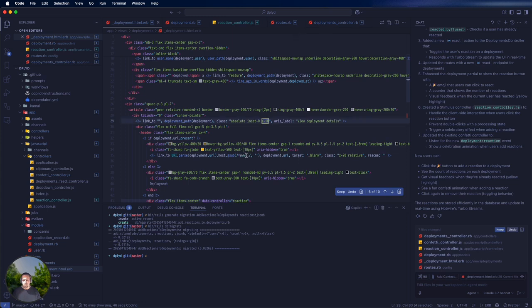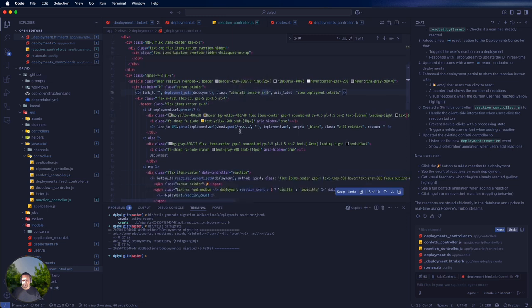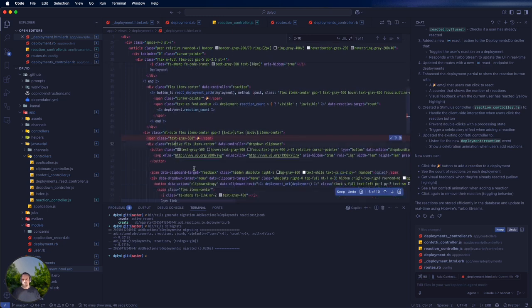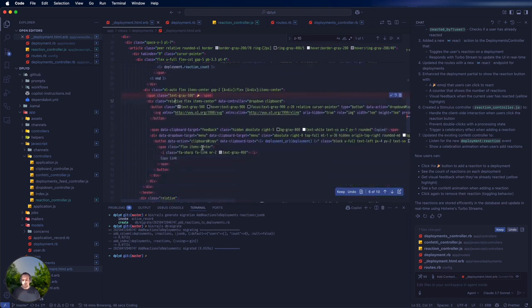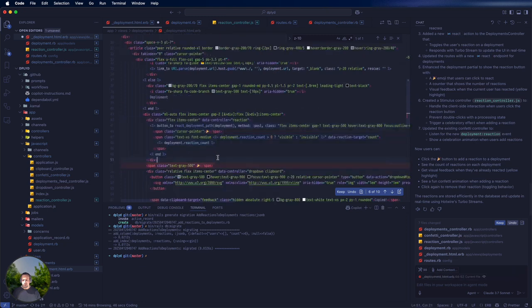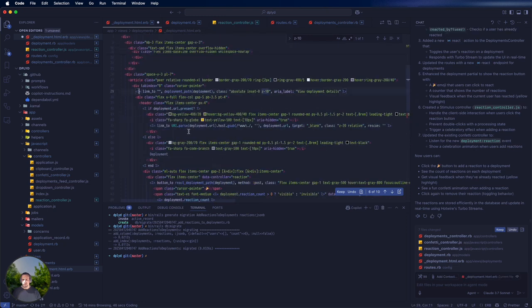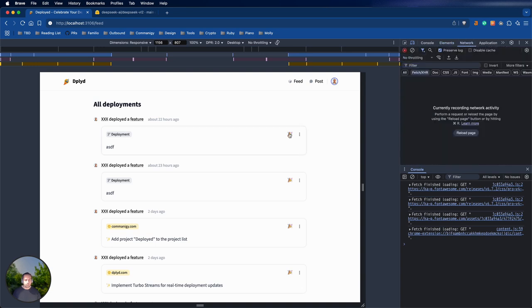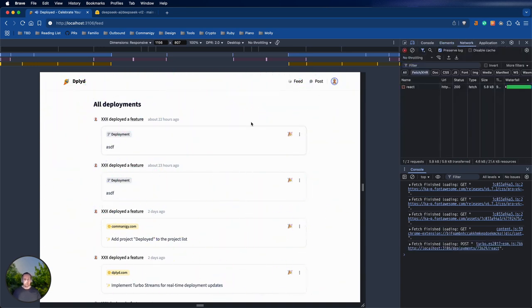Deployment path, view deployment path. Why is that doing that? I would like to, let's see, okay, let me just get this for now. Let's just disable it for now, so I can actually figure this one out. So let's check it out. Boom. So it actually does a react and does a confetti, and the